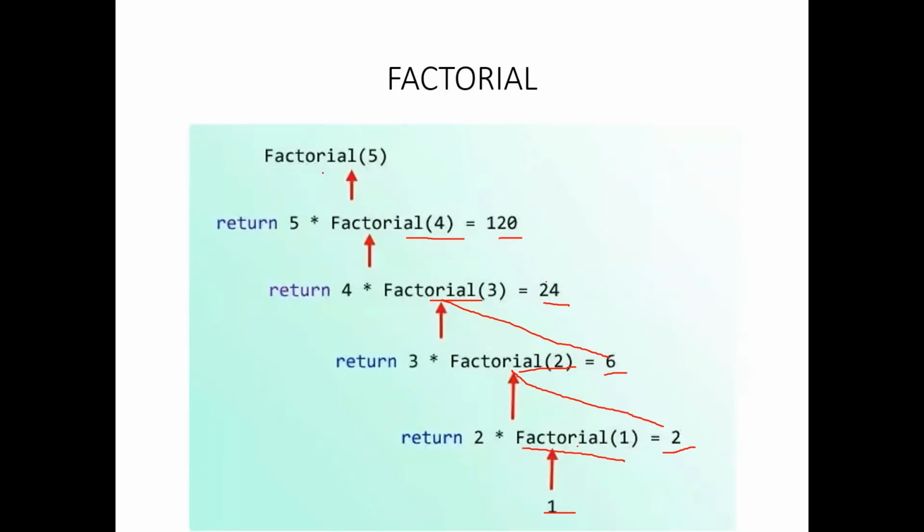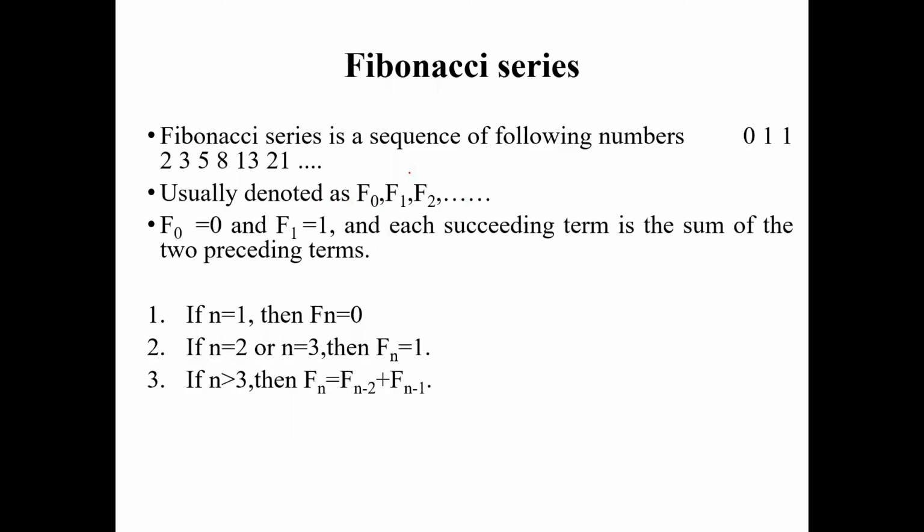So we will be first storing all these calls, and then when you get the answer for the final criteria or the base criteria, we will backtrack and then we will pop out each of these expressions evaluated until the last expression, which is 5 into factorial of 4, where we will be substituting factorial of 4 as 24, and the final result will be popped up. So this will be our factorial using recursive function call. In the next class, I will be taking Fibonacci. Fibonacci also we had completed, but only thing is we are making it as an implementation of recursive call.